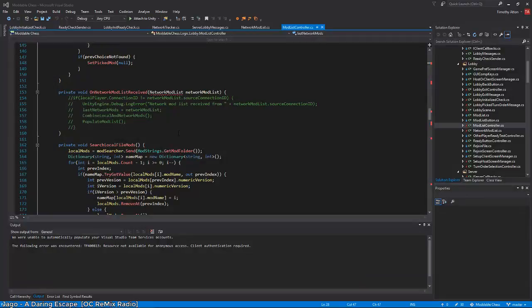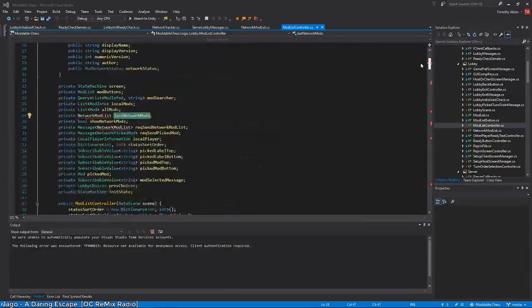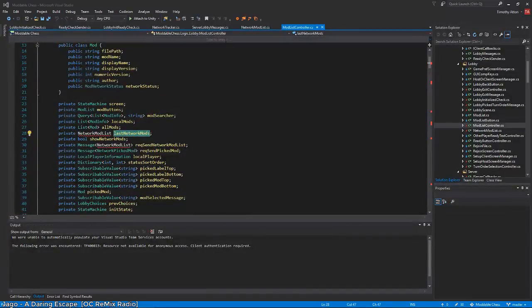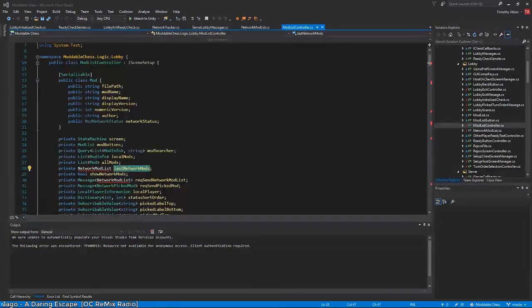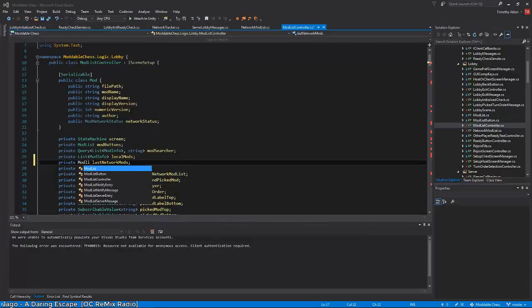Okay, so it's just set there. Well, actually, let's see. So it really just needs the local mods, and then it would use the network. Okay, so we don't need that anymore. So mod list